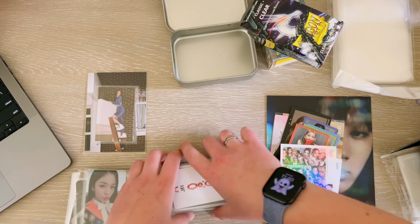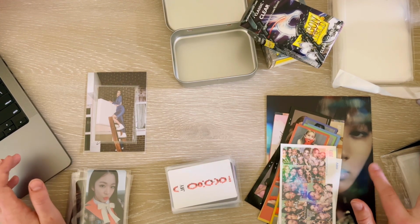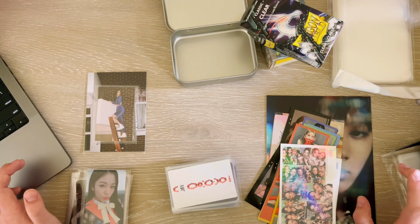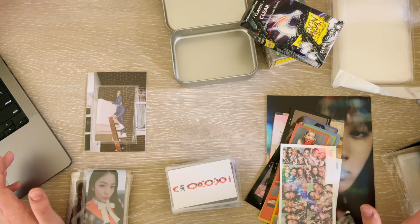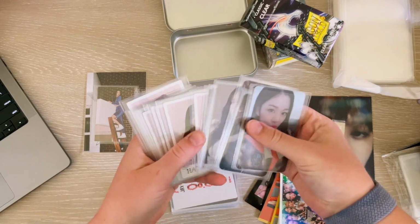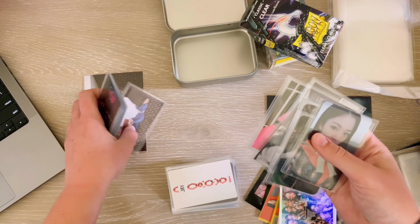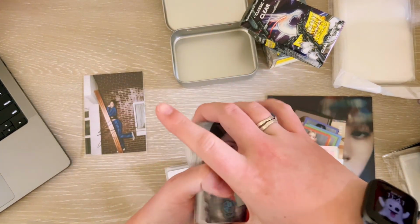What is your collection goal for the year? Honestly, to finish my Bae and Chaeyoung collections would be ideal. I know Chaeyoung will be significantly more difficult than Bae to complete. Bae I should be able to do by the end of the summer, hopefully, but I would really love to have my Chaeyoung collection up to date